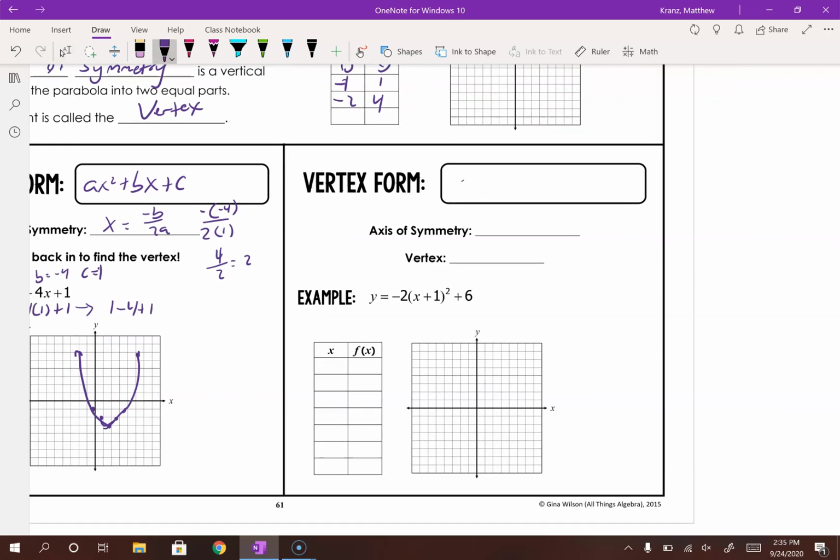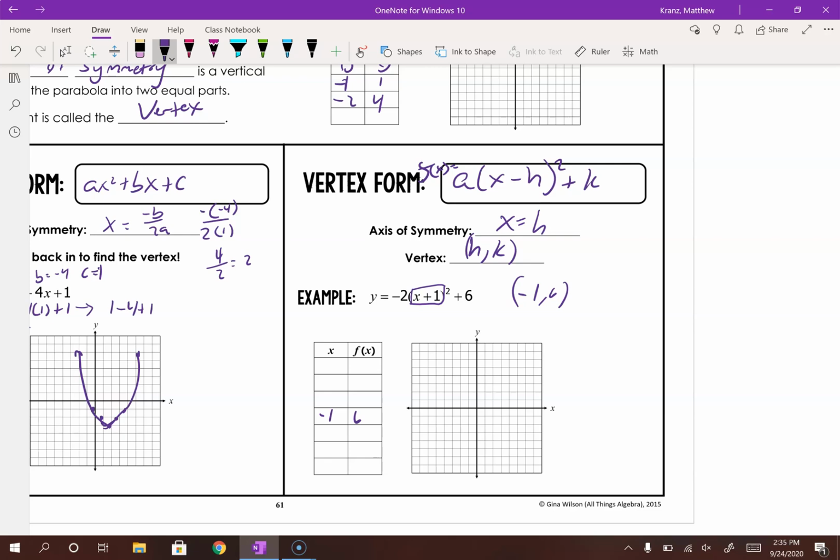Okay, vertex form, that's f of x equals a times x minus h squared plus k. Now, our axis of symmetry is where x equals h. So basically, whatever the opposite of our h is, that's our axis of symmetry, and our vertex is h comma k. If we want to use this one, we can see that our axis of symmetry is negative 1 because it's the opposite, and then 6. So we're going to have a parabola that's shifted 1 to the left and 6 up. So we have negative 1, 6 as our